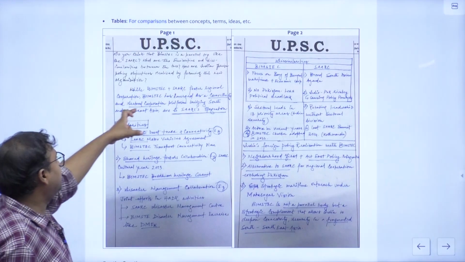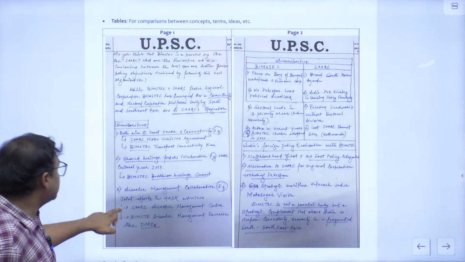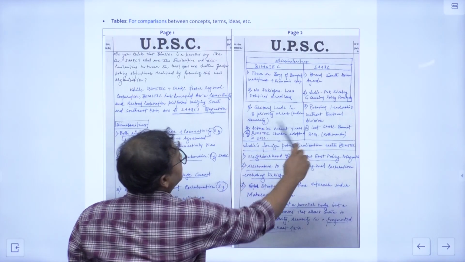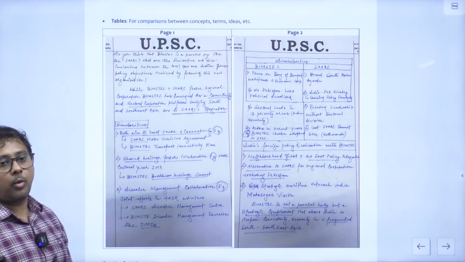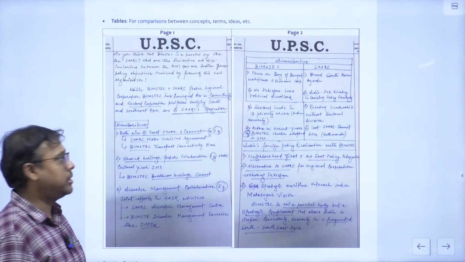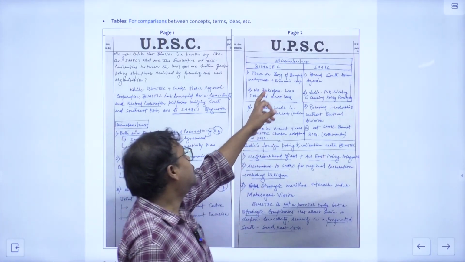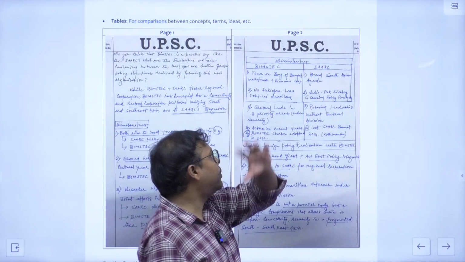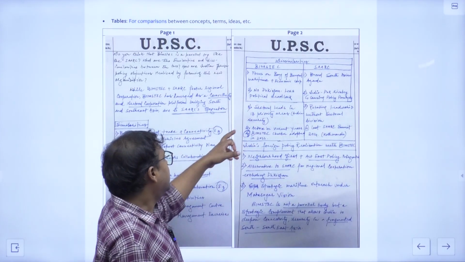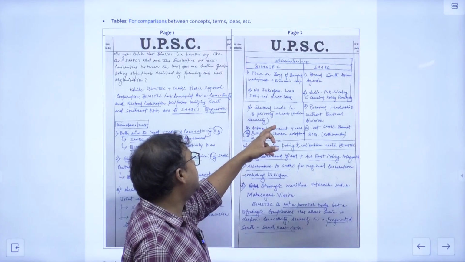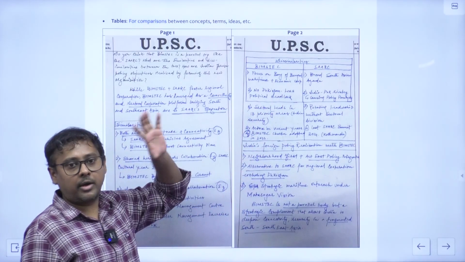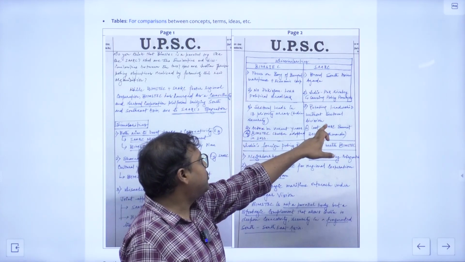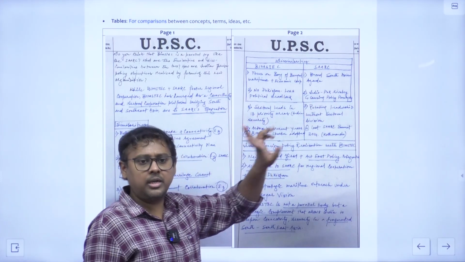So we start with BIMSTEC and SAARC. We mention three similarities, and then dissimilarities we mention in this format. How are BIMSTEC and SAARC different? BIMSTEC focuses on this Bay of Bengal region. SAARC has a broad South Asian agenda. Then sectoral heads: BIMSTEC is divided into sectoral heads, I think 13 or 14. And in case of SAARC, there is no sectoral head. It's a rotating